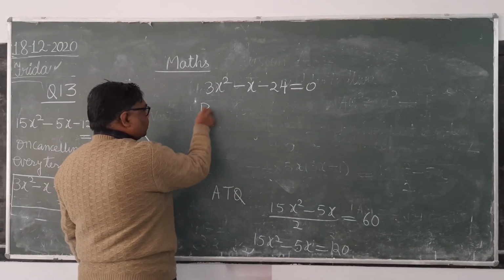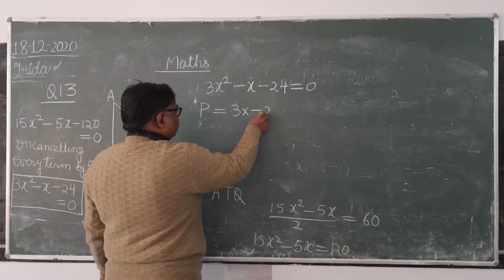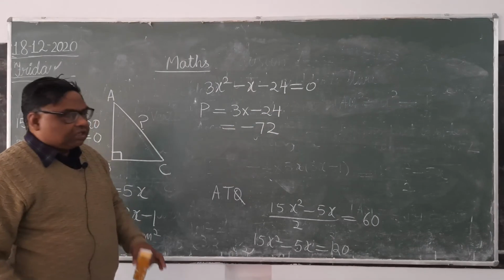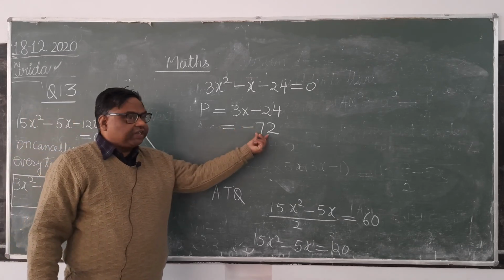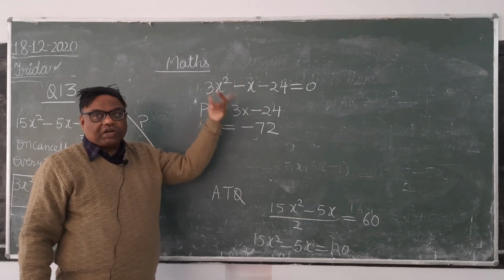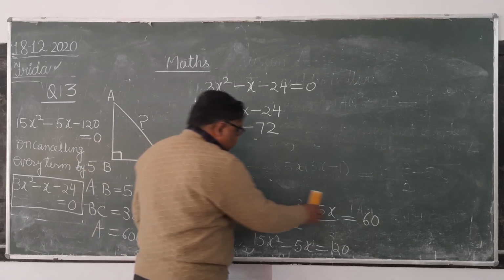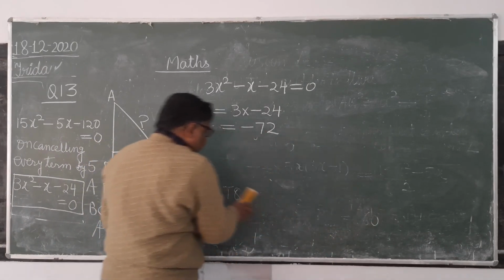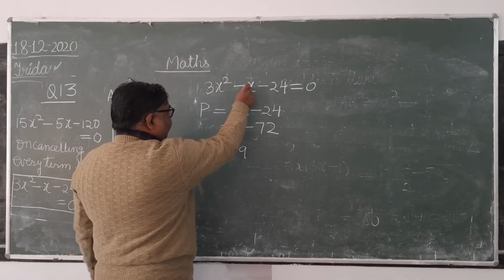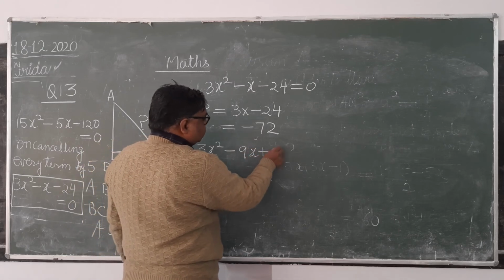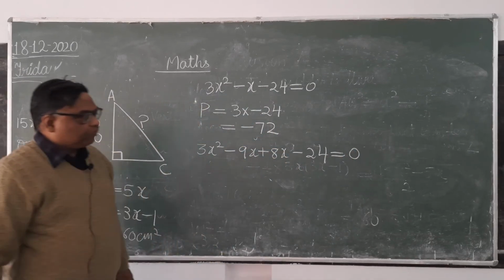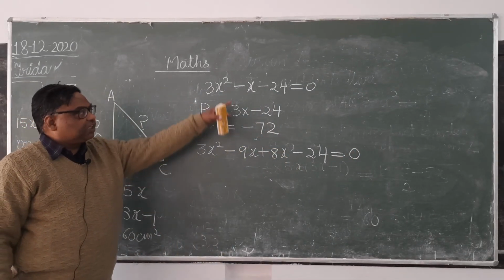You find out the product. It will be 3 into minus 24, that is equals to minus 72. मतलब क्या है? दो ऐसे नंबर जिनका प्रोडक्ट 72 और जिनको माइनस करने पर क्या है यहाँ पर? There is no number, means 1 should come: 9 and 8. It is clear. 9 into 8. So see here, 3x square, you split the middle term, minus 9x plus 8x. और स्प्लिट ऐसा करना है कि वैल्यू चेंज ना हो, वैल्यू वही रहे. Minus 9x plus 8x is minus x.